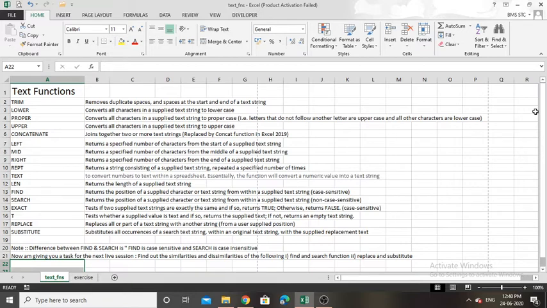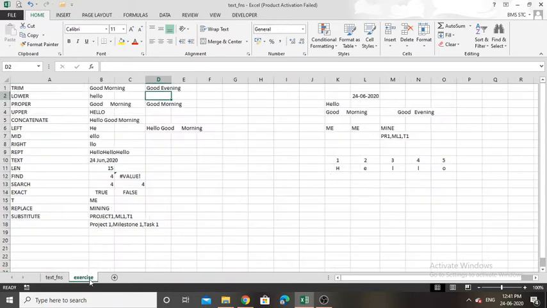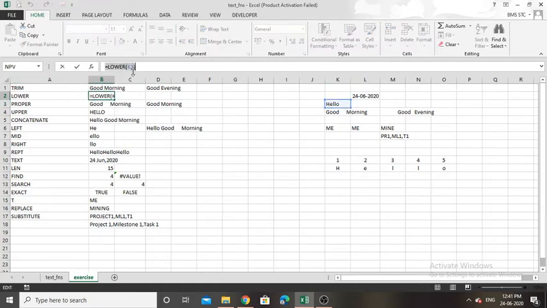Next function is lower. Lower converts all characters in a supplied string to lower case. That means it will convert all capital letters into small letters. So I passed this string along with the function lower. As you can see the function over here is equals lower of K3. K3 is this cell.